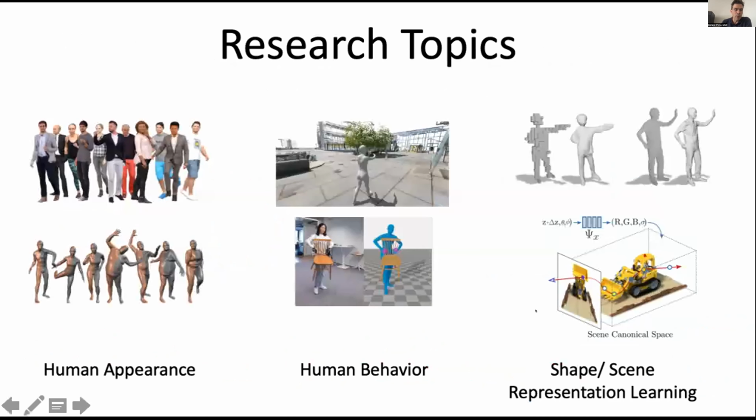So in our lab, we have roughly 3 areas of research. First, one is human appearance. This basically entails building models of how humans look. So this means modeling the geometry and also modeling the appearance, like texture. We're also interested in general models of shape and scene representations. So here we're investigating representations of scenes that are amenable for learning, that allow then re-rendering of scenes and manipulation